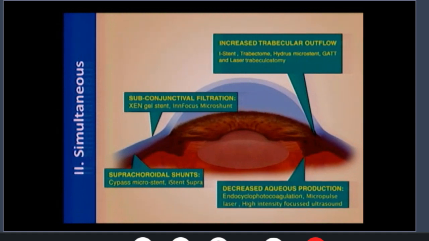And then we've got procedures targeting the trabecular outflow, such as the eye stent, the trabectome. And then we've got procedures targeting the subconjunctival filtration, such as the Zen and the Infocus. And then we've got procedures targeting the suprachoroidal space, such as the CyPass and the iStent Supra. I'm just going to quickly go through some of the MIGs that I've had the opportunity to try here at